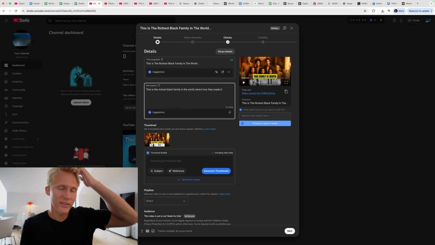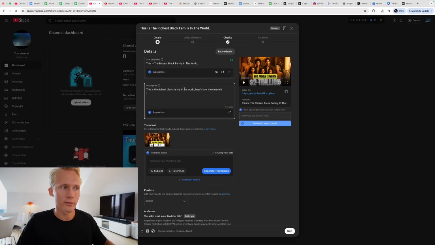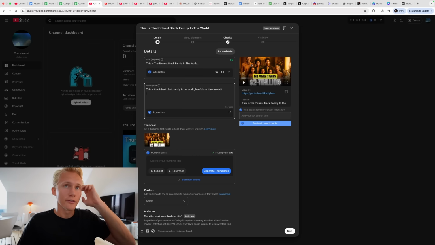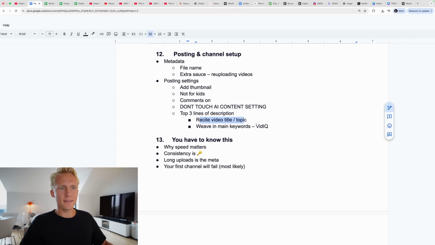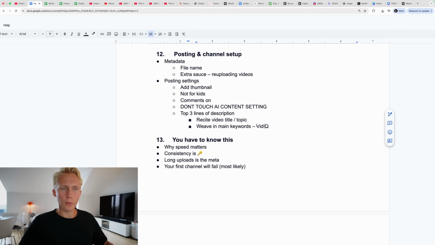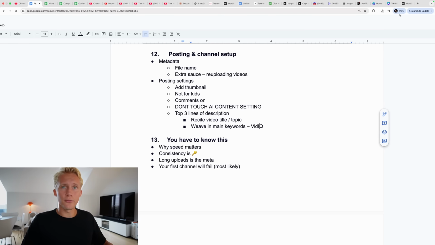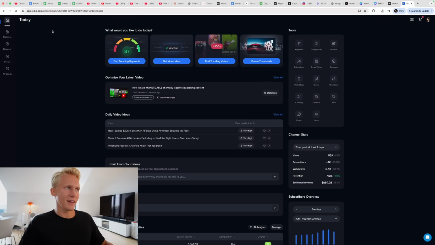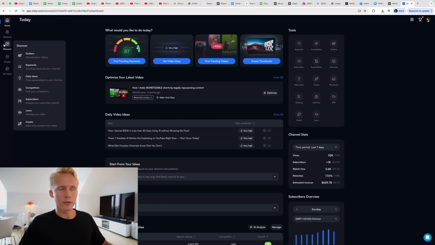And then for the second line, since we still have 2 lines left of the description, we could use this to fit in either a CTA if we want people to buy something, or we can use this to add keywords in relation to our niche. So vidIQ, as I mentioned, is a very good software. I will put it in the link in the description here. There's essentially only one feature that you will need, and it is free, but you would just head over to the vidIQ website, so I'll do so. When you're at the home screen like this, you can see that there is a Discover tab in the top left corner.